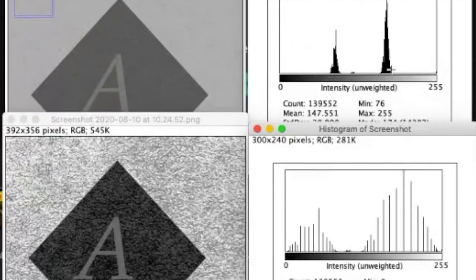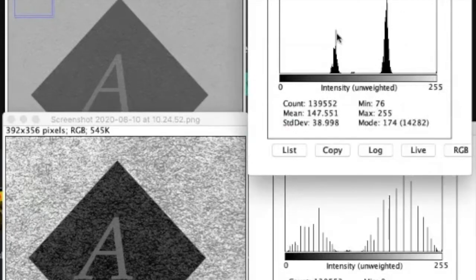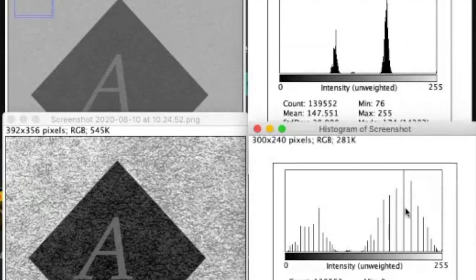the peak shape has remained the same. The only change is you have stretched those peaks such that now this end has reached 0 and this end has reached 255. It is just changing the same probability and taking it to another intensity level. Like if I look at this peak, this peak was coming over here, and now that peak, keeping the same probability, has been pushed towards a lower intensity value. And here, similarly, when it was on the brighter side, now it has been pushed towards a brighter value.